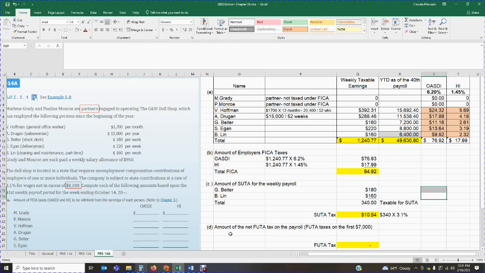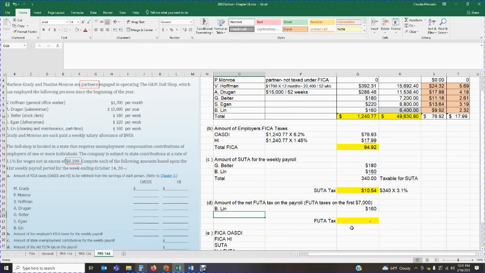So we're going to have to pay pseudo taxes for Lynn on the $160. He is the only employee that has not reached the $7,000 mark year to date. So that means that this is the only employee we're going to pay pseudo taxes on for this pay period. Okay. So now that we've done that, we can calculate the tax. Remember, the taxable earnings are $160. My pseudo rate is